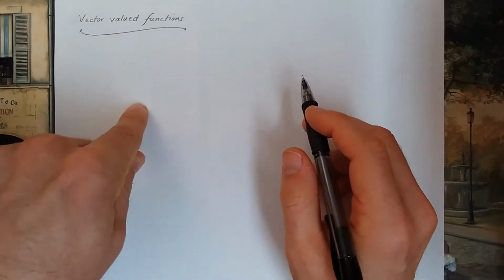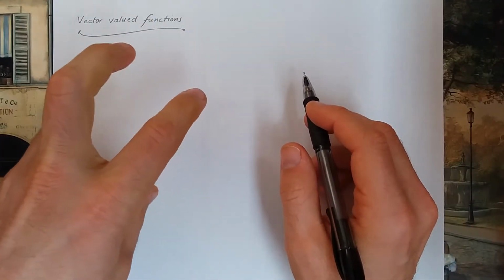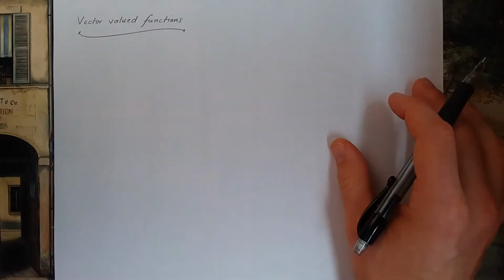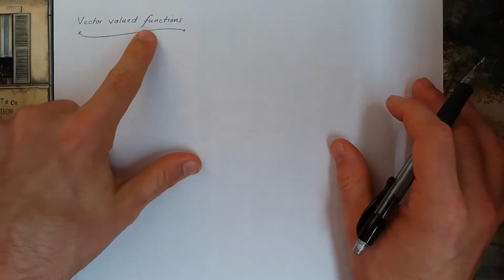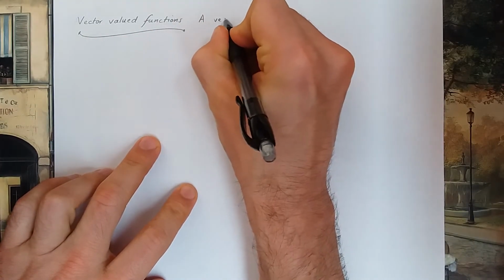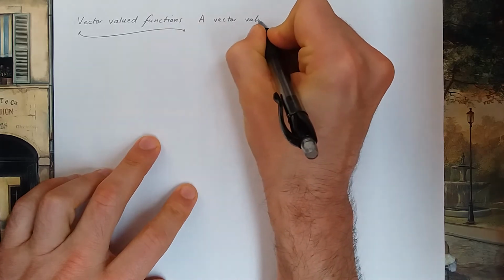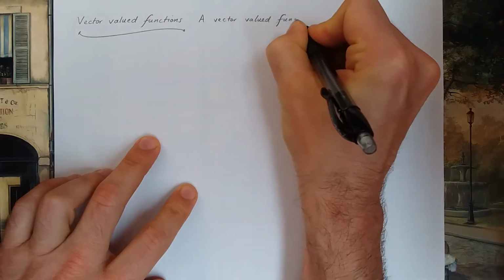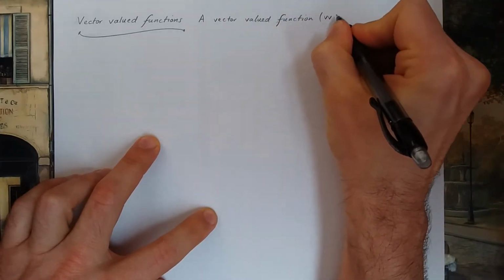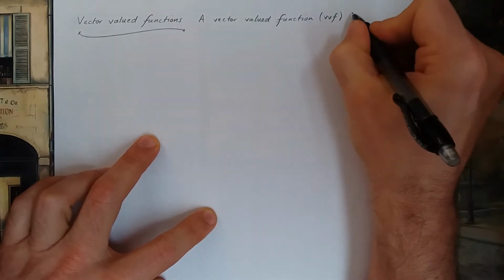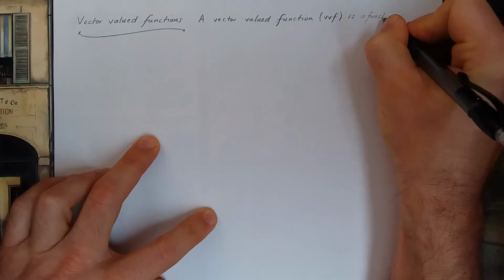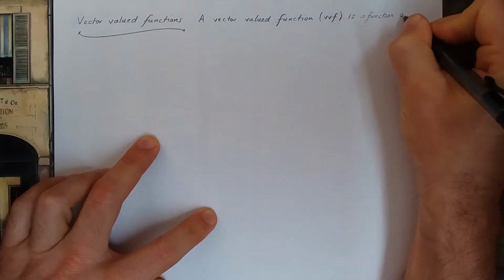So we've seen parametric equations and we've also seen vectors in R3. So we're going to combine those ideas and describe vector-valued functions. So a vector-valued function, and I'm going to abbreviate vector-valued function as VVF, is a function of the form